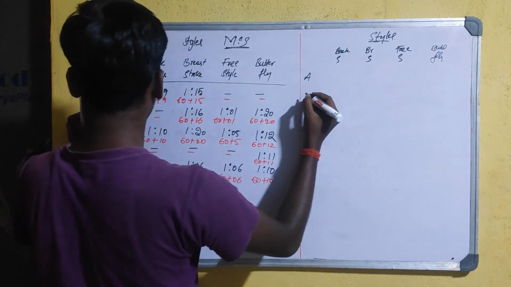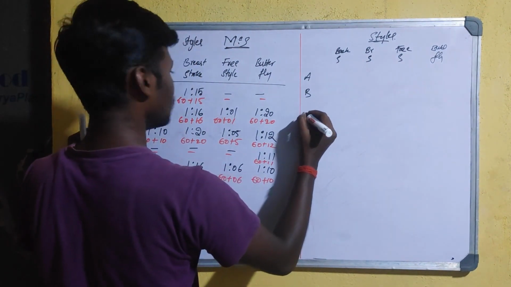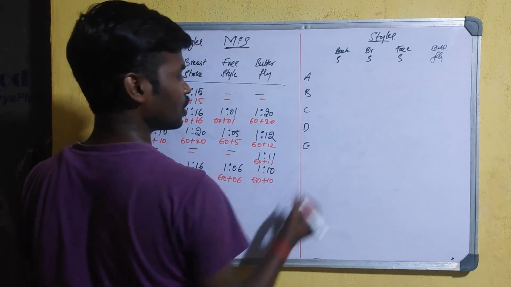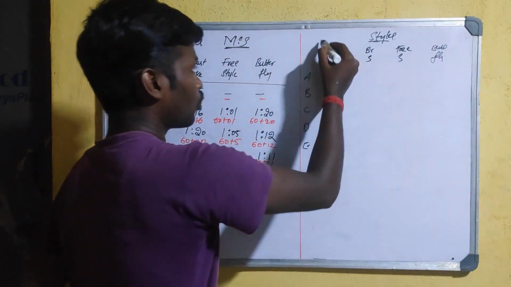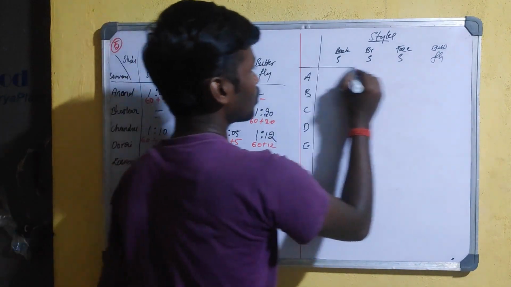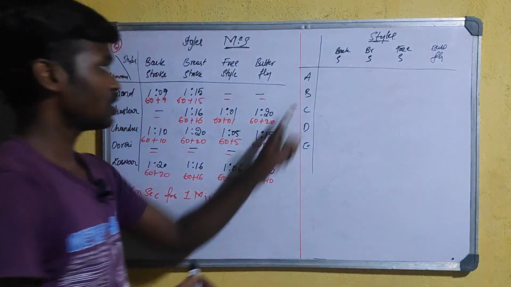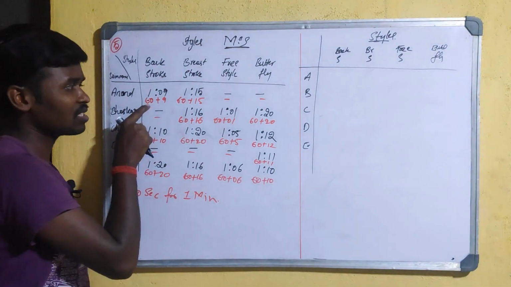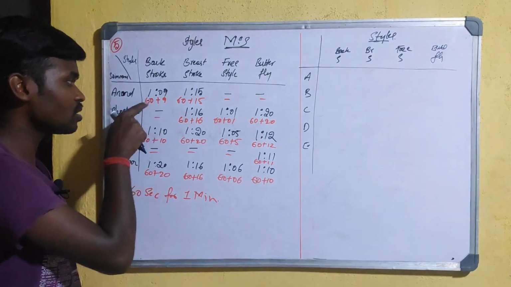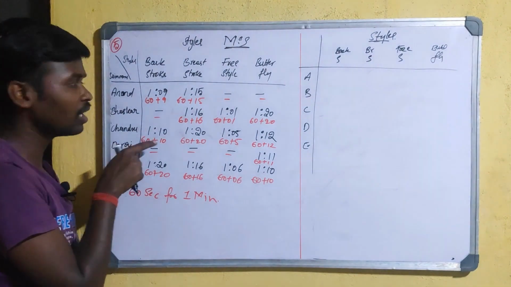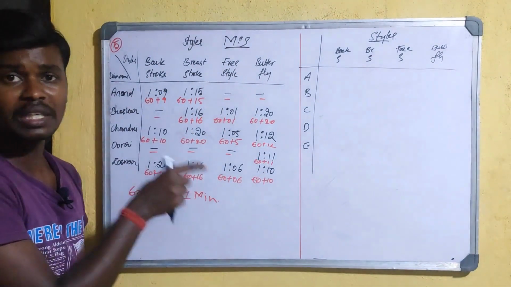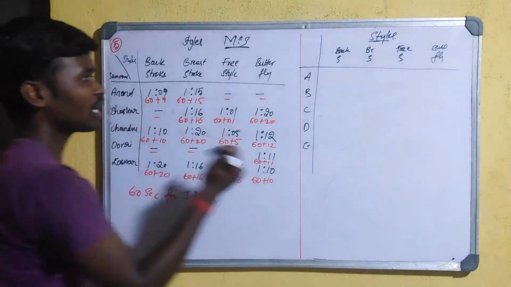Anand, Bhaskar, Chandru, Dorai and Ishwar. Okay, so you have to write full names. Okay, see here, 60 plus 9, that is 60 seconds plus 9 seconds, that is 1 minute plus 9 seconds. Okay, so we are converting for the purpose of calculating the optimal time. Okay, so 60 plus 9,